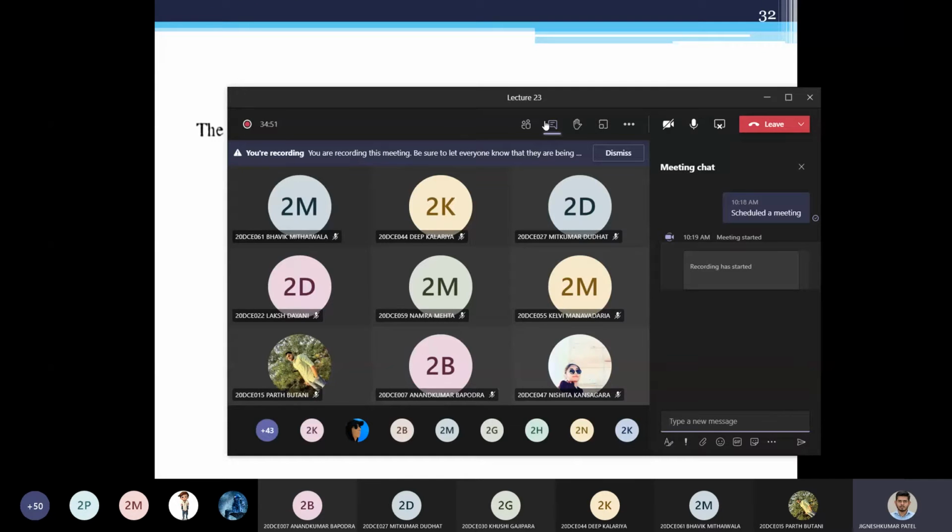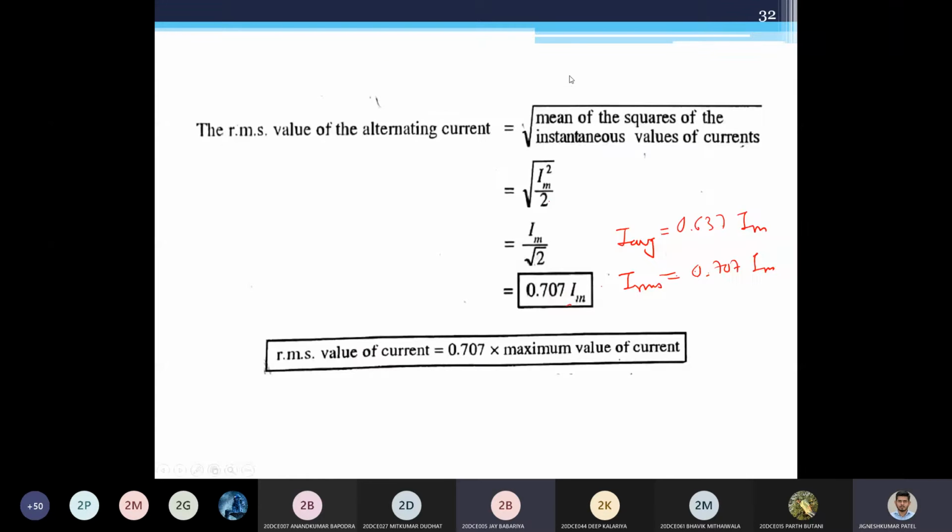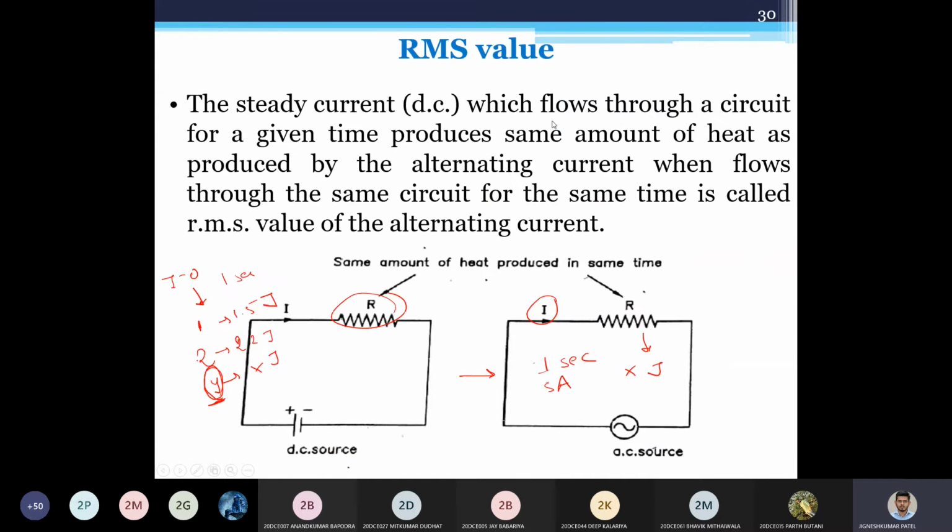Sir, in the rectifier we are looking at the mean value, average value. Which circuit will the comparison be with? In DC, it will be the same circuit, but what will happen in case of a rectified circuit? It's already DC current, so it would be flowing only through half wave. Here we have an AC source, but if it is rectified, the current will flow only in one direction. There would be a diode in the circuit, so this will flow only for the half cycle.